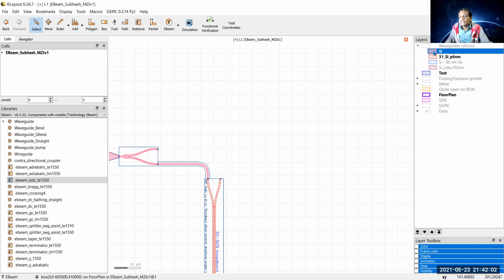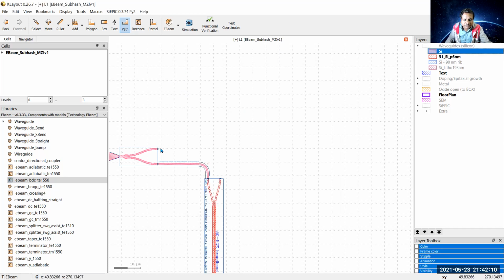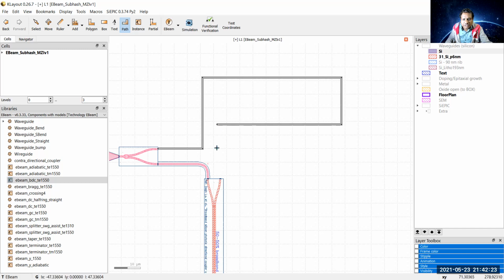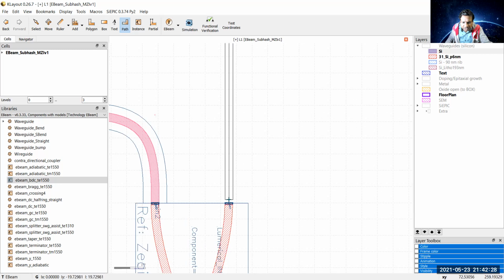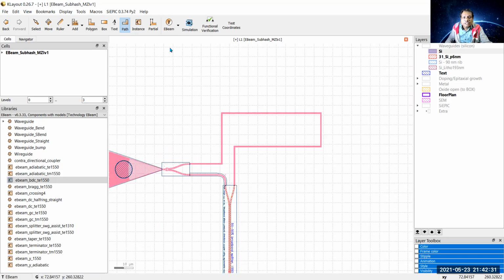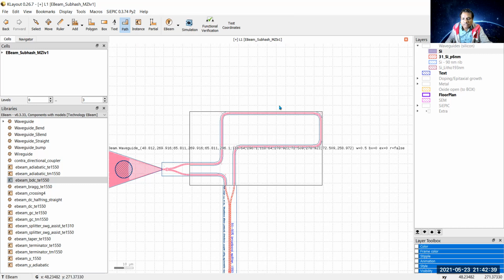So this is layer. Select path, again 0.5 micrometer. Say OK. Give the connection here. This one. Go to here up. Make a little bit larger dimension here to ensure that our waveguide bending radius should be more than 5 micrometer. Double click, and now go to SiEPIC waveguide path to waveguide. So now without warning this has been connected.